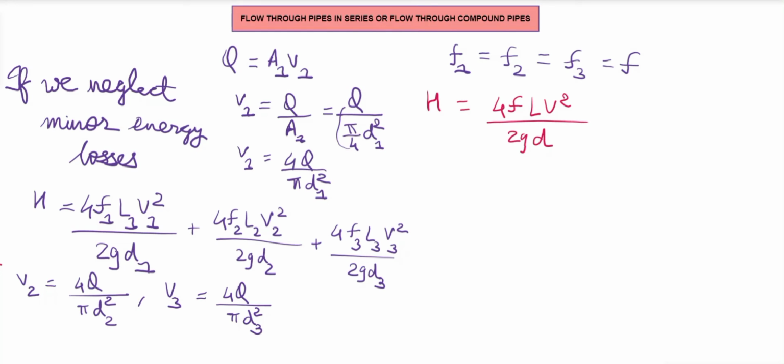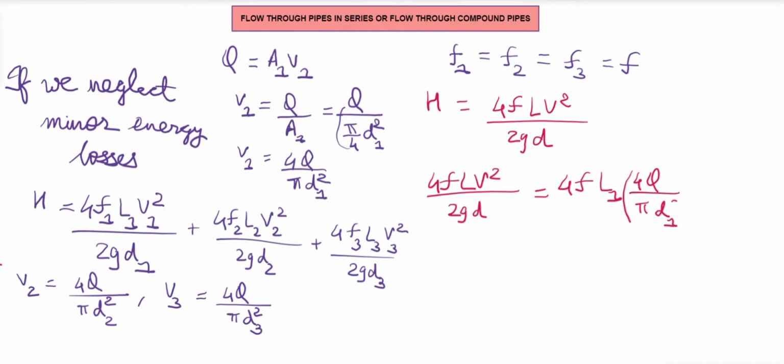Now here I can write that my V is 4Q upon pi D square. Firstly, let me just write it. 4FLV square upon 2GD is equal to 4FL1 into, instead of V1, it will be 4Q upon pi D1 square. Whole square of that will come upon 2G D1